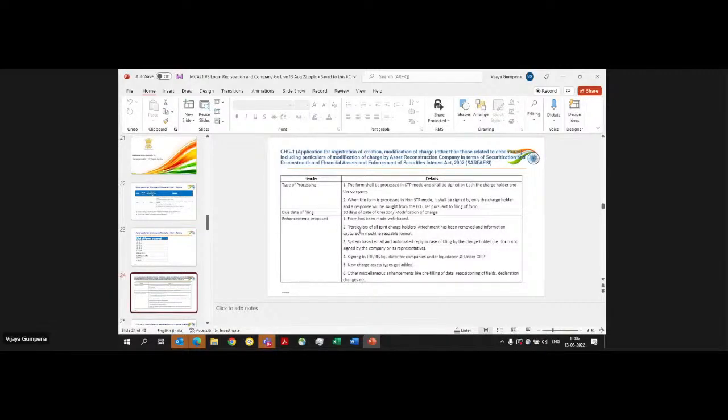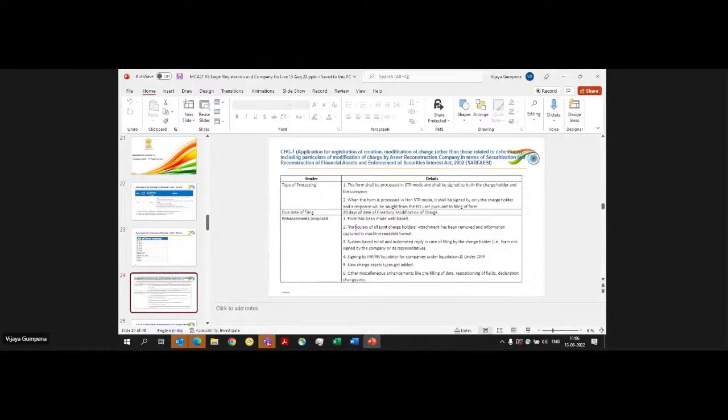So this is basically, suppose if you take this second point, particulars of all charge holders attachments. So we have removed this attachment and we have captured all the relevant fields in the machine readable format in the layout itself. So basically the problem with attachments is that all these attachments are in unstructured format. Suppose if you attach a particulars of joint charge holders as an attachment in the form of JPEG or the PDF,